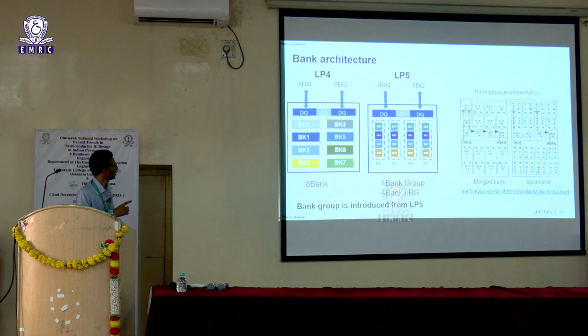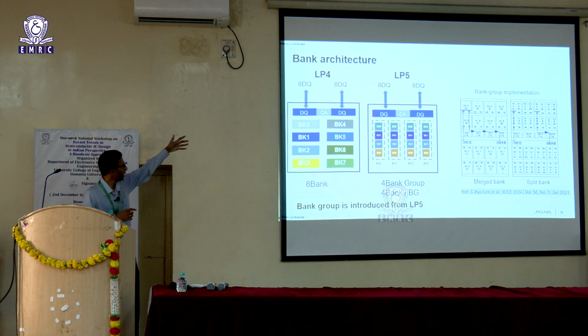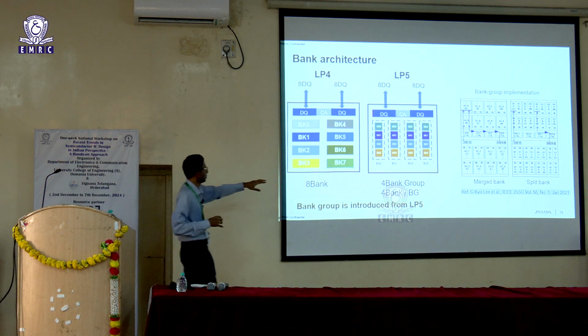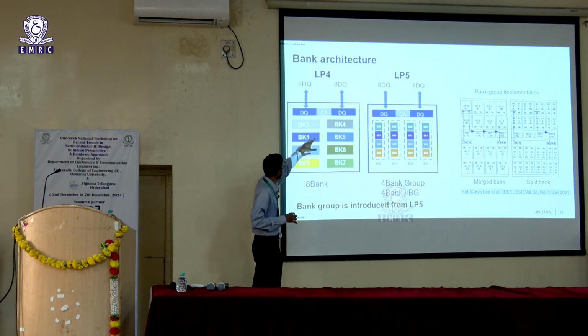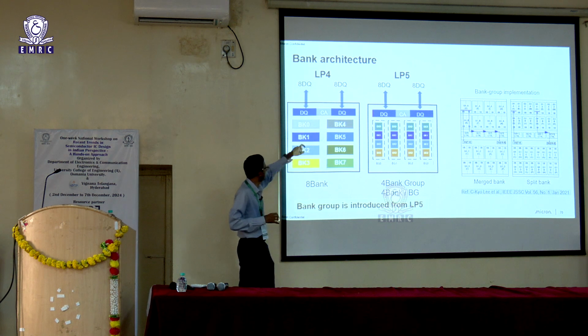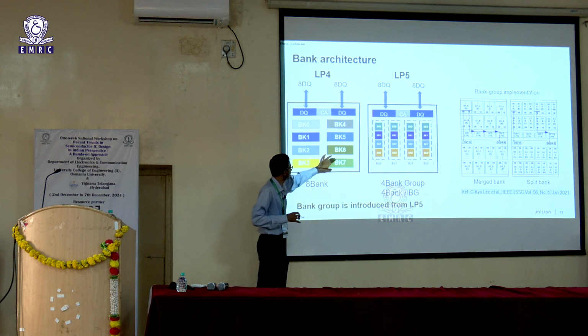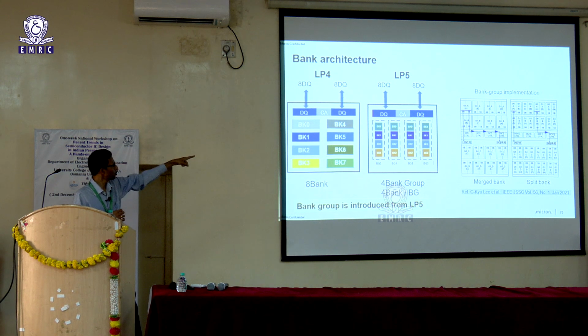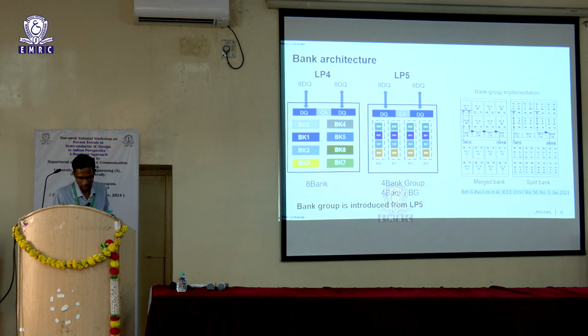So this is the bank architecture that I was talking about. The LPDDR4 had just one grouping of all banks together. So suppose you are accessing something from this bank versus this bank, the data, you are limited by this transmit time. Everything is limited by the farthest one. But as opposed to that, where you have grouped them together, if you are accessing something within this bank versus this bank, all your data buses are limited to this. So you will be able to support a higher speed here, and you can take a speed hit when you are moving from one bank group to the other bank group.